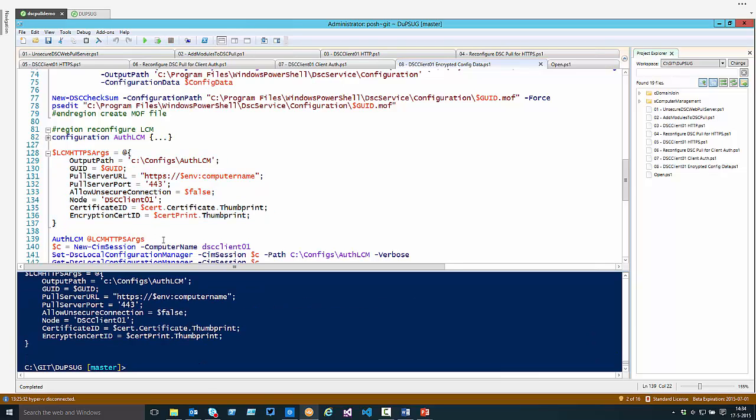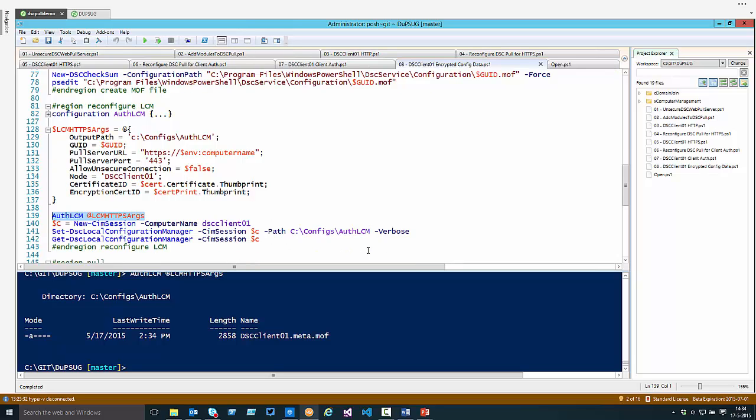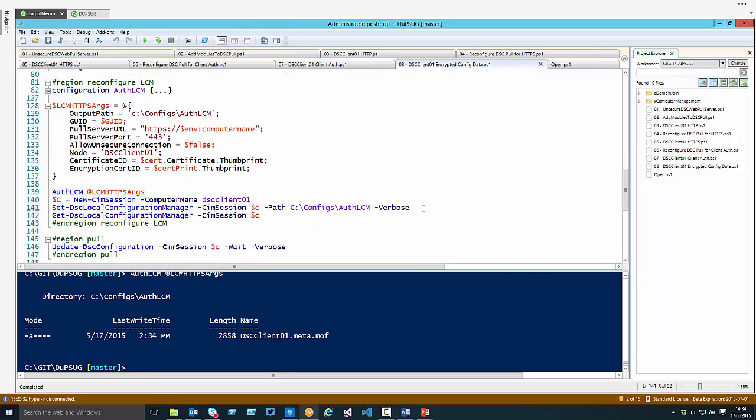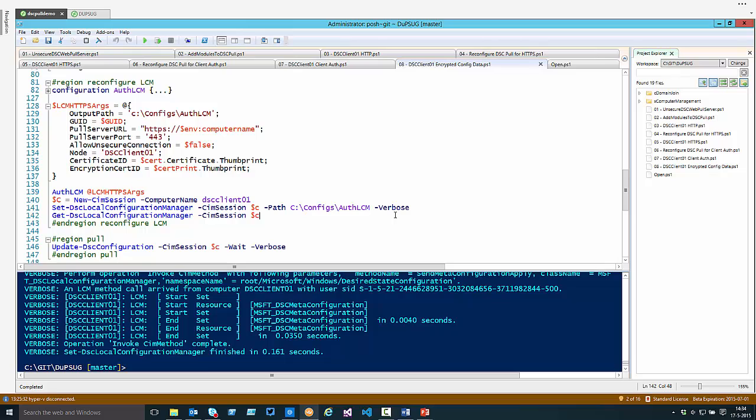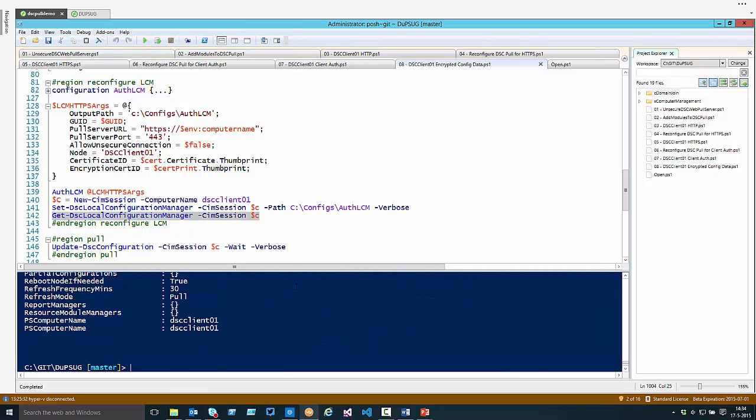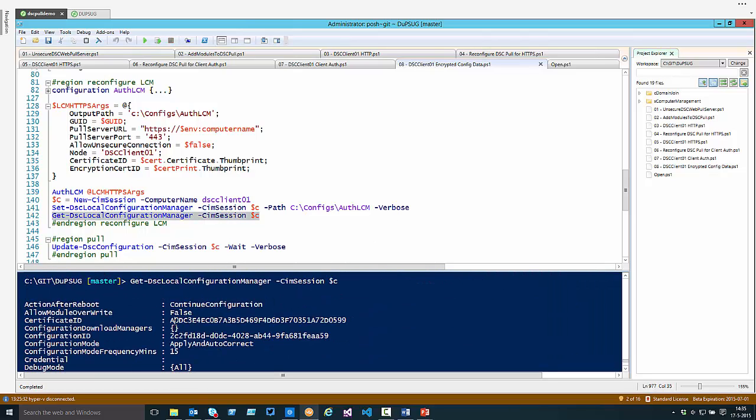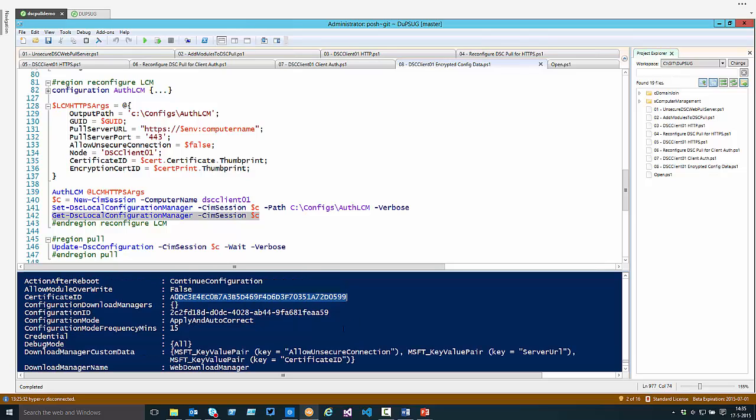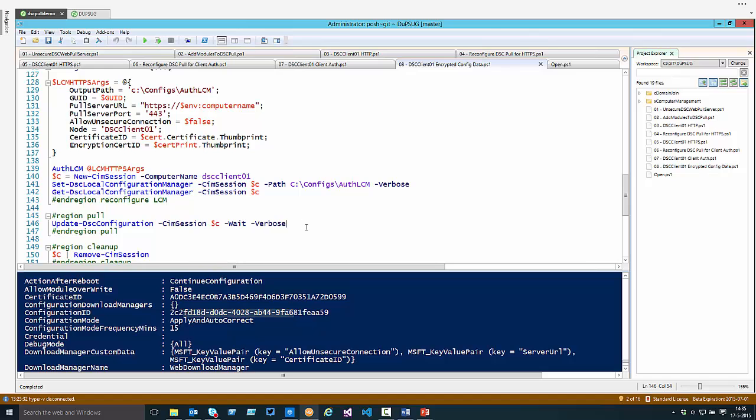and generate a meta.mof. We have that now. We still have a session. And now we're going to reconfigure the node. Let's look at the LCM configuration right now. You can see it has a certificate ID and it has a new configuration ID. So if we update now,